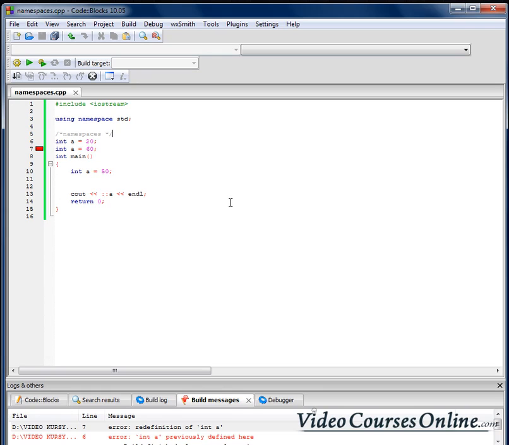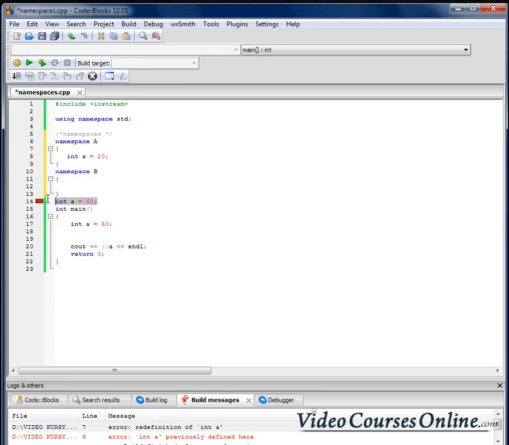So we can create a namespace. How to create a namespace? In order to create a namespace, we type namespace. Then we name our namespace, for example, I will call it big A. And here I will have our A. And then I will create another namespace, B. And here we'll have that variable. Now when I compile it,